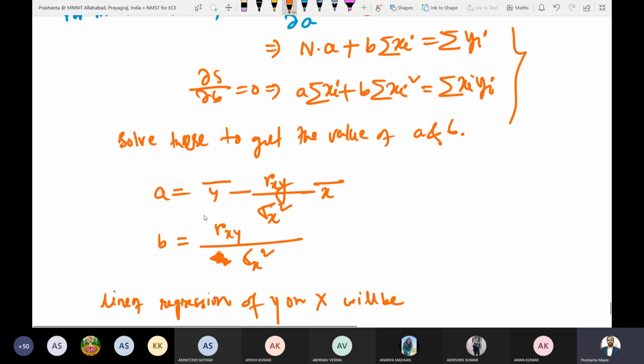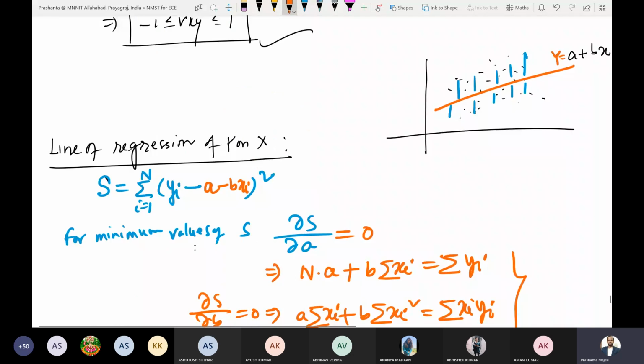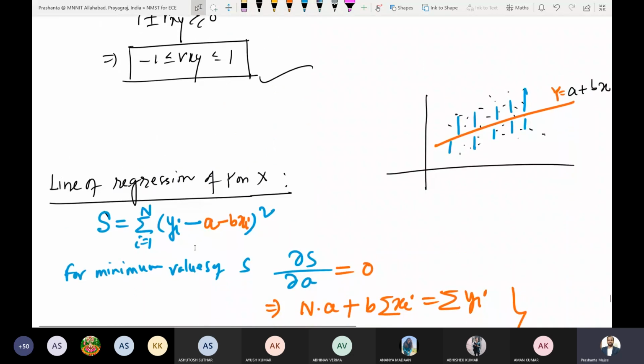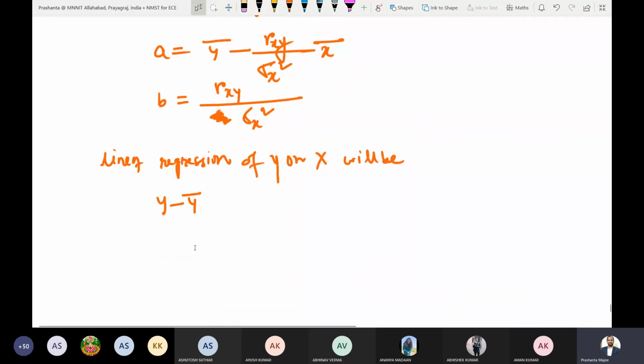Once you get the values of a and b, you substitute in y equals a plus bx and rewrite it. So you will get the line of regression of y on x as y minus y bar equals rxy